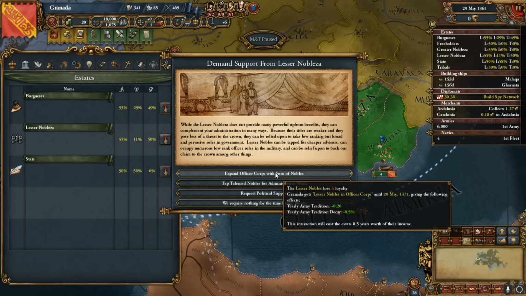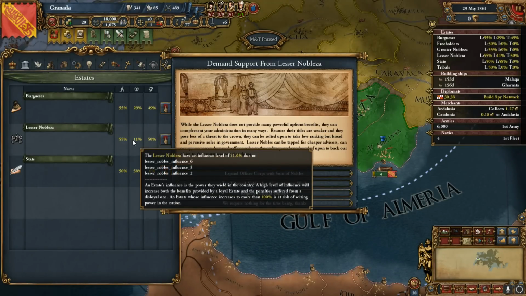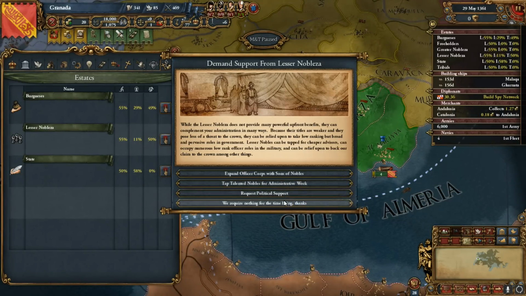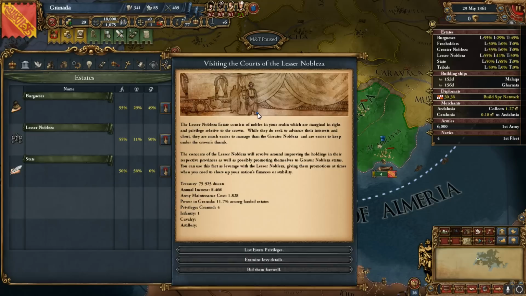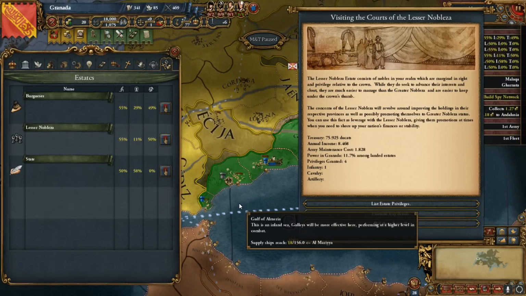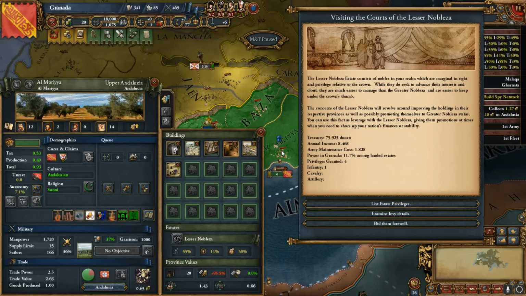And all of this is scaled, by the way. All of these favors and all of these privileges and all of these demands that you can make are all scaled to the power and influence of the actual estate, right? So you can see if lesser nobles were a lot more powerful, all of these benefits would be substantially more powerful as well. And you can see here that each estate is like a little shadow government that exists in your country. So you can see they actually have their own treasuries too. So in the case of the,